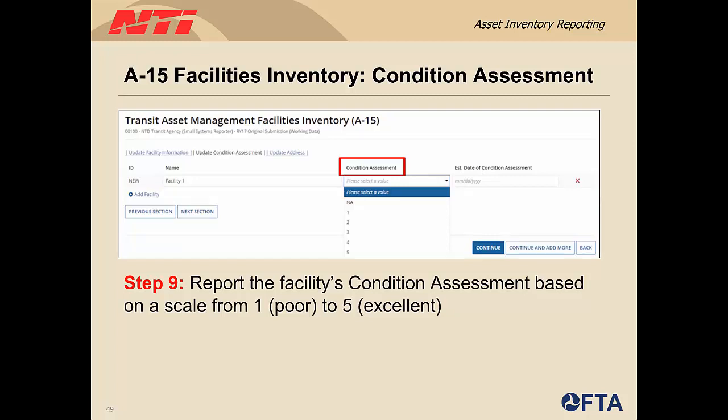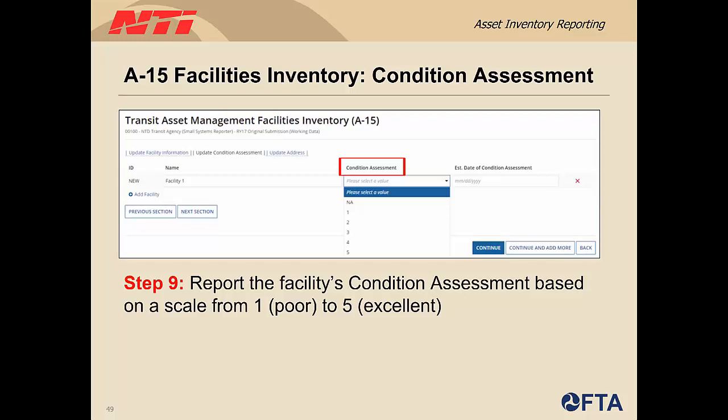As Mish mentioned in the beginning of this presentation, for report year 2020, due to the pandemic, FTA has delayed the 75% requirement, and only 50% of your agency's required condition assessments need to be reported for this report year. Please note that 100% of them will be required for report year 2021.